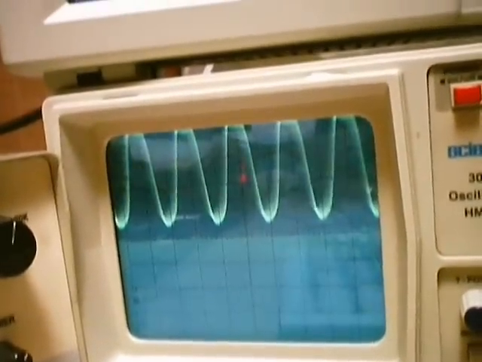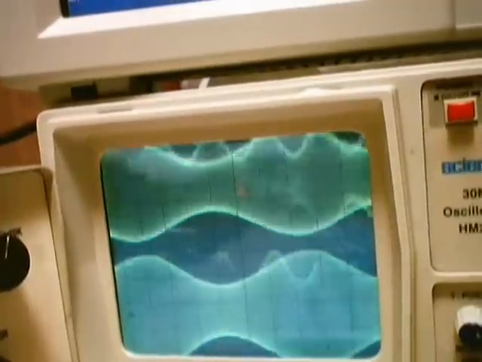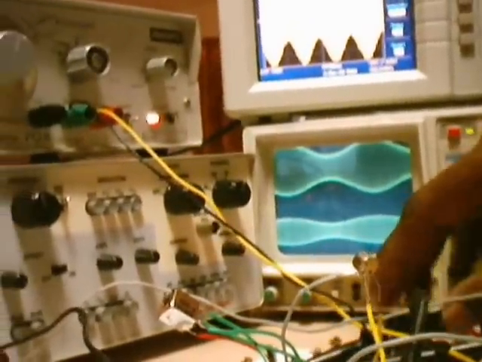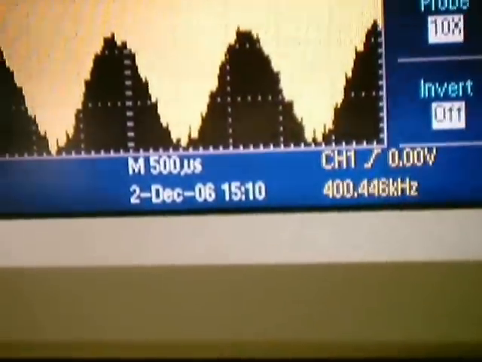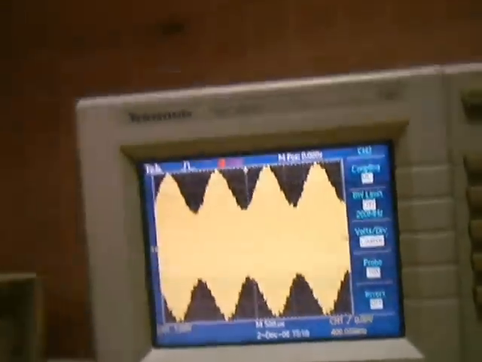Let us exactly measure what the output frequency is. Output frequency again has to be in the range of 400 kilohertz. So let me go back and use the DCO and measure the carrier frequency. You can see now, of course you are getting the output. Since you are getting the output, the frequency is 400 kilohertz, which was our original IFT frequency.